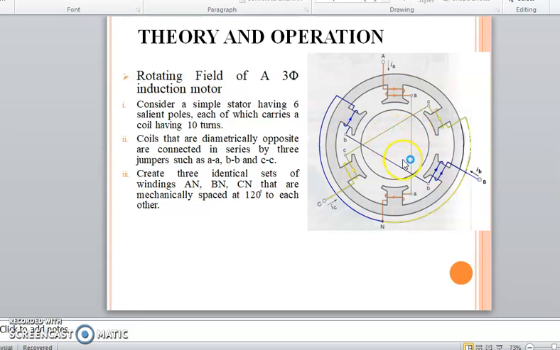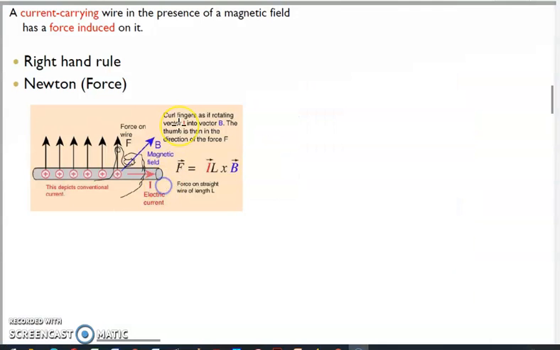Okay guys, to understand further the theory in operation, we go back to the earlier notes that I have given to you all, that we discussed before. If you take a look at this note, we have gone through it before. Actually, correction please, here it is not the right hand rule, it should be the left hand rule,